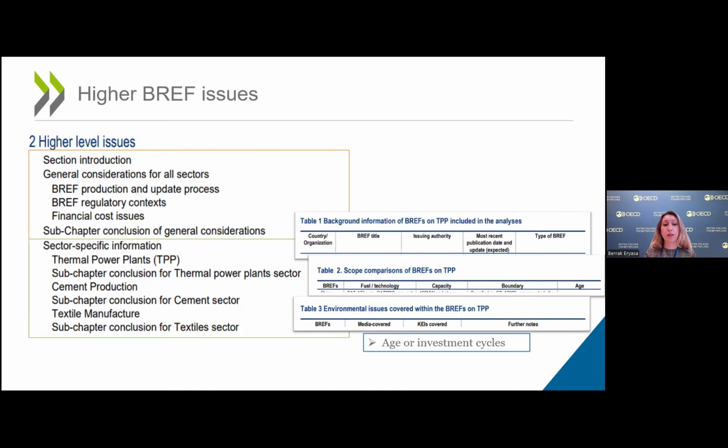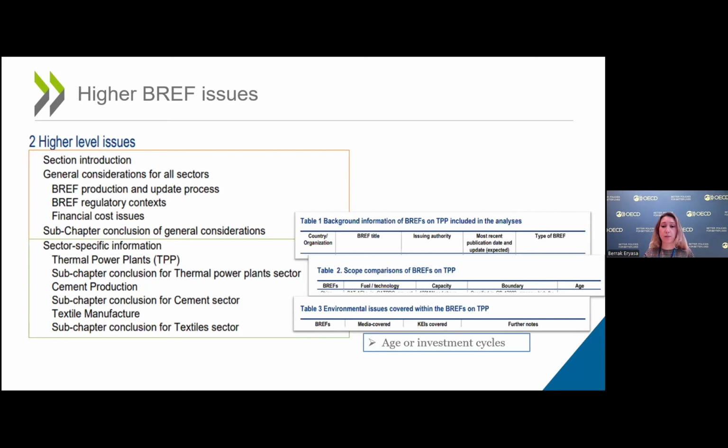To give an example from the thermal power plants, we've collected background information on the BREFs, whether their issuing organization and their update or the revision cycle planned. We've also included information on the scopes comparison, such as whether the fuels or the technologies incorporated within the BREFs, the capacity of the plants, the boundaries and the ages of the installations, whether they were making differences in the